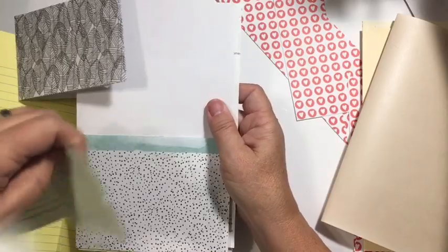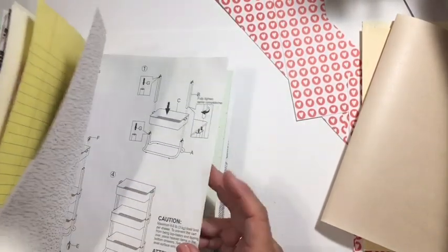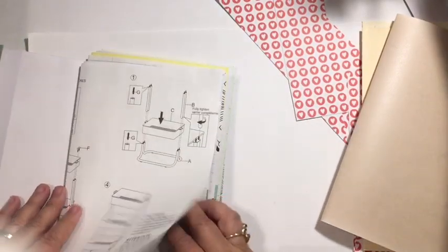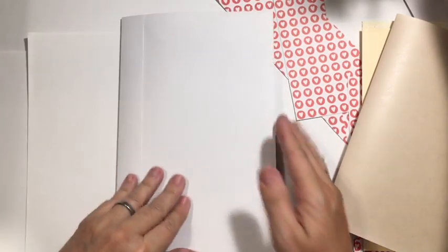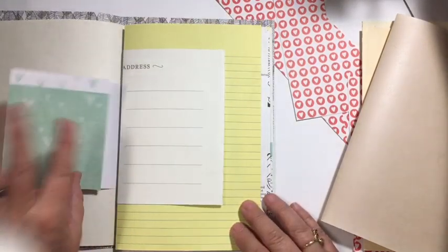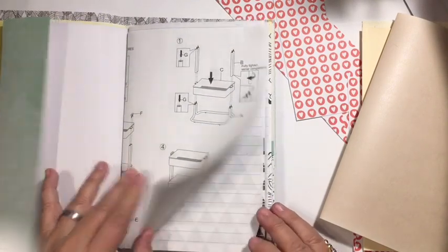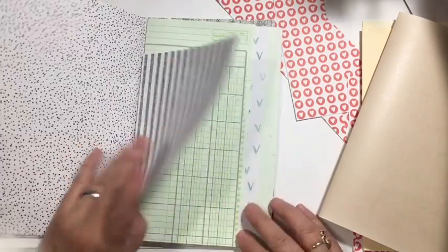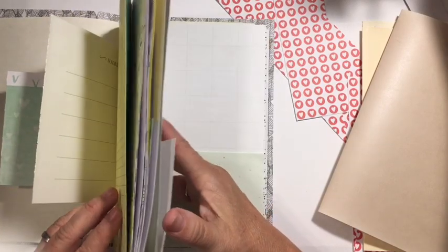I might want my numbers in order. Might not. There we go. Okay, this ends up being kind of big for the center, so I'm going to bring it back to this edge. Okay. So how many pages do we end up with? We have 1, 2, 3, 4, 5, 6, 7, 8, 9, 10, 11, 12, 13, 14, 15, 16, 17, 18, 19, 20, 21, 22. Okay, so we have 22 pages